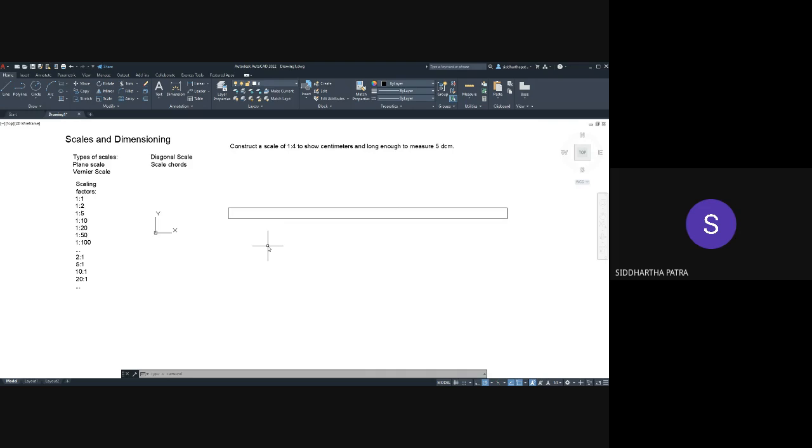Okay, so what I'm going to do now is divide this into 5 equal parts so that I have each decimeter. The way we make any number of divisions is we basically draw a line and draw circular arcs. But here in AutoCAD, when I try to draw a circular arc, I essentially end up drawing a circle. So what I can do next is I can split that into,